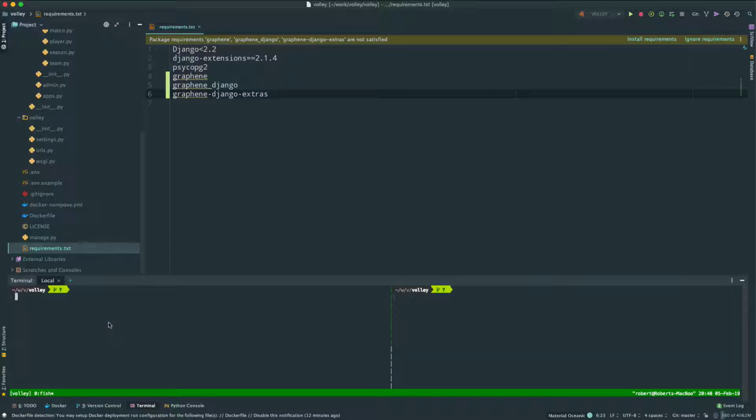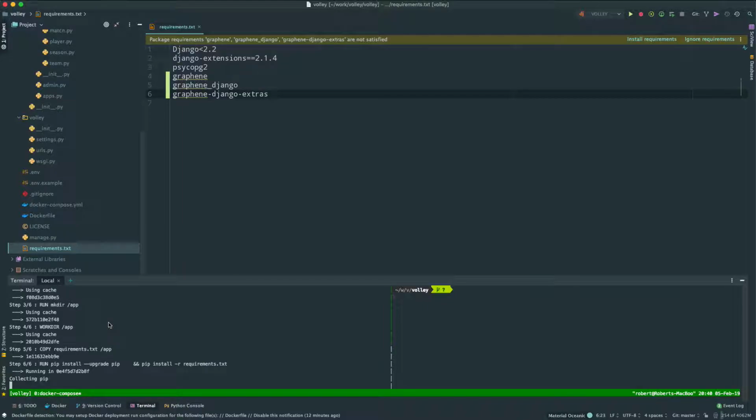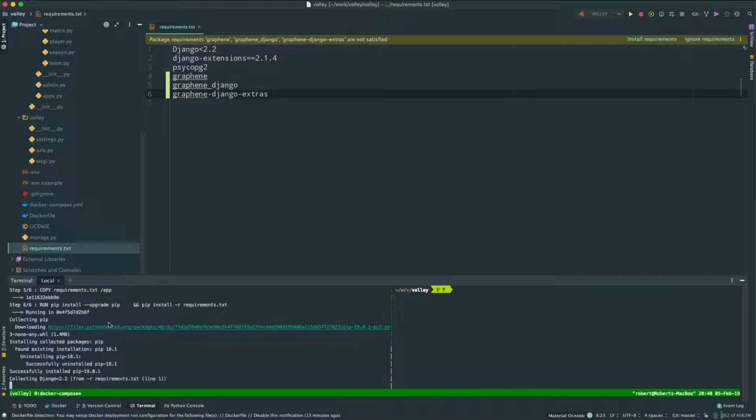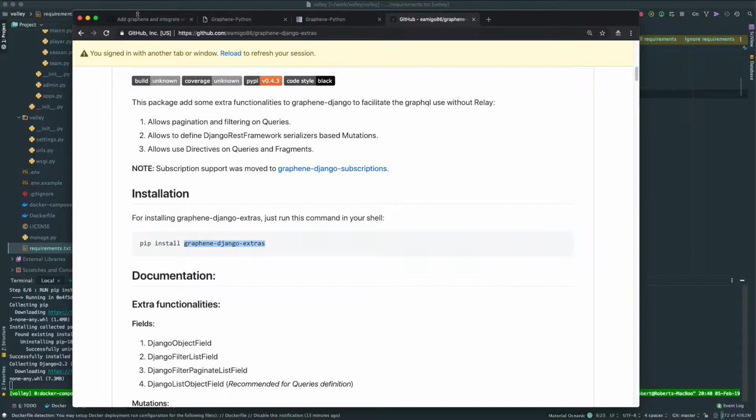And I think the next thing we need to do is to actually build it. So we have to do docker compose build, and that will install our requirements. It might take a while, so while doing it we can start exploring the libraries. So first of them is